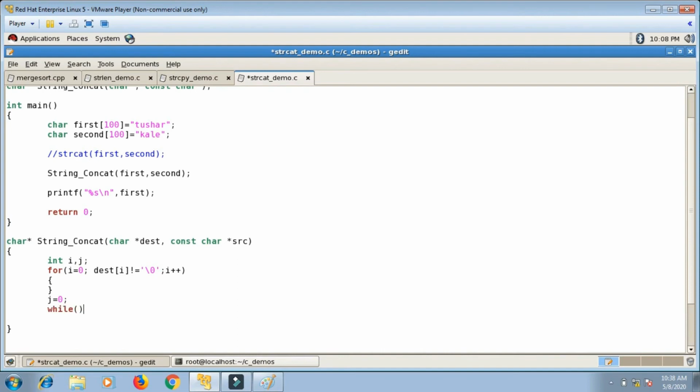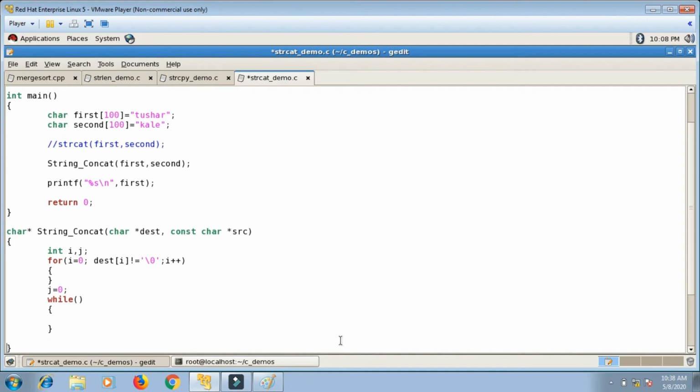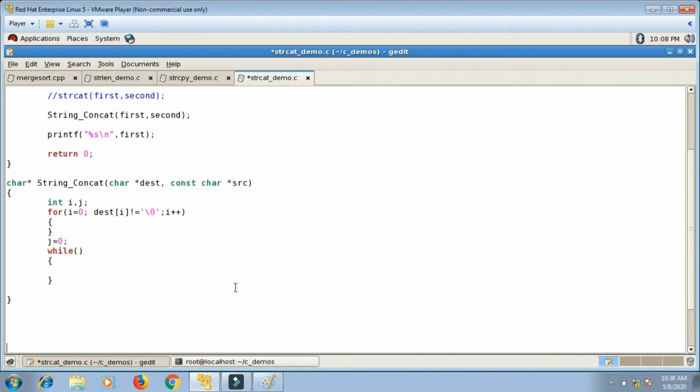Suppose I am using a while loop, and here I am supposed to copy each character from the source variable into the destination variable. So dst of something equals src of something, some index. At the ith index I am supposed to copy because i is pointing to the last character.